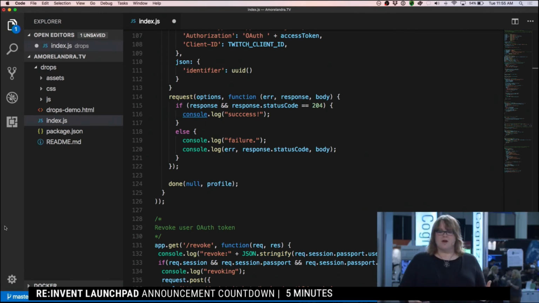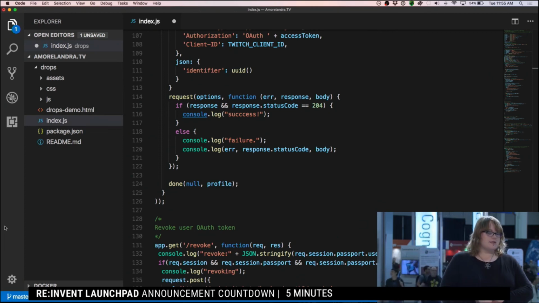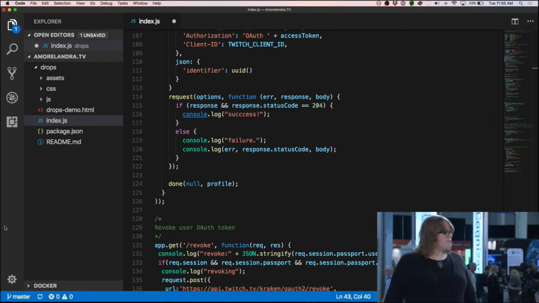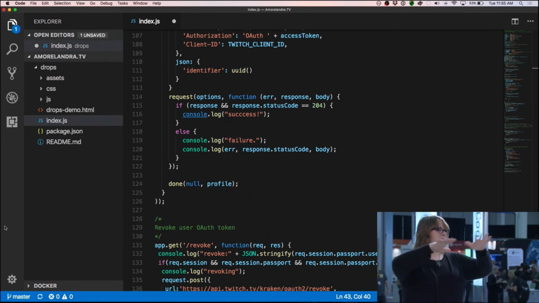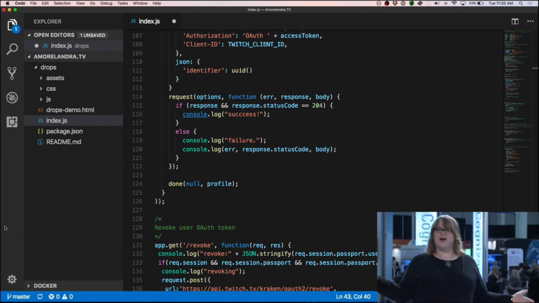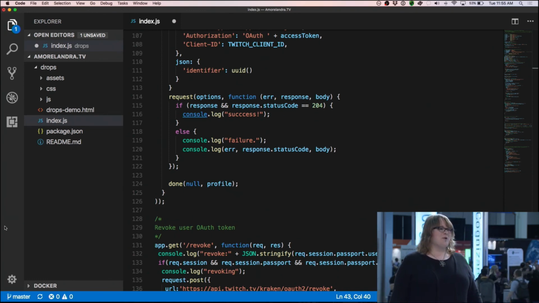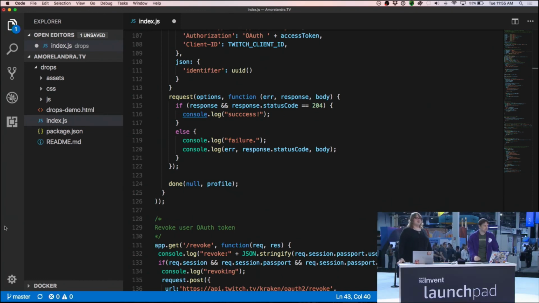Yeah, but I will be doing demos later at AWS. Definitely stop by and check that out. I'll be using Lambda. So does Twitch have a booth here at re:Invent? Our booth is nebulous, and it exists everywhere and nowhere at the same time. But you can find someone in purple, and chances are they will be a Twitch person, or at least familiar with Twitch, and can point you in the right direction.